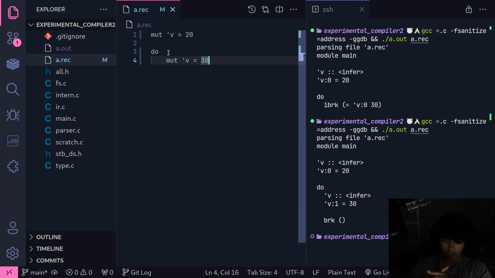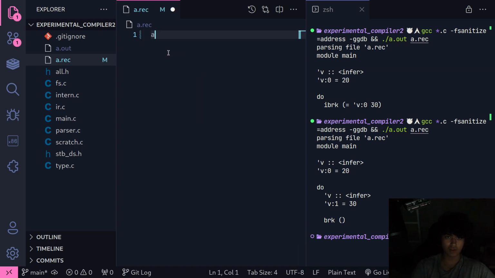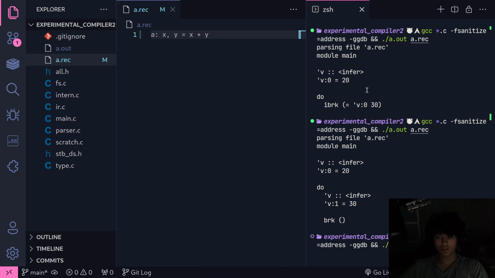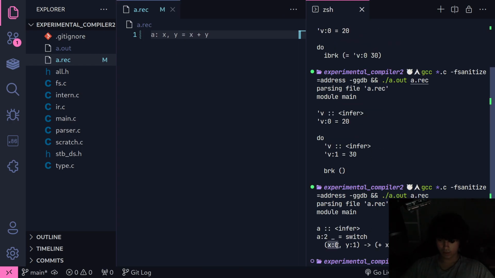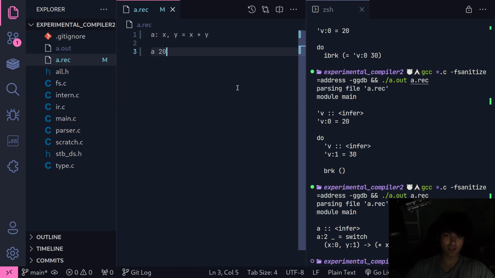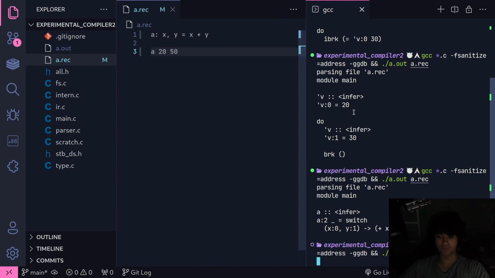So I explained mutable and immutable variables, do blocks, and now I need to explain function calls. Let's define a function a that takes x and y and returns x plus y. So what does that show? x0, y1 plus x0, y1, and I want to call a with 20 and 5.